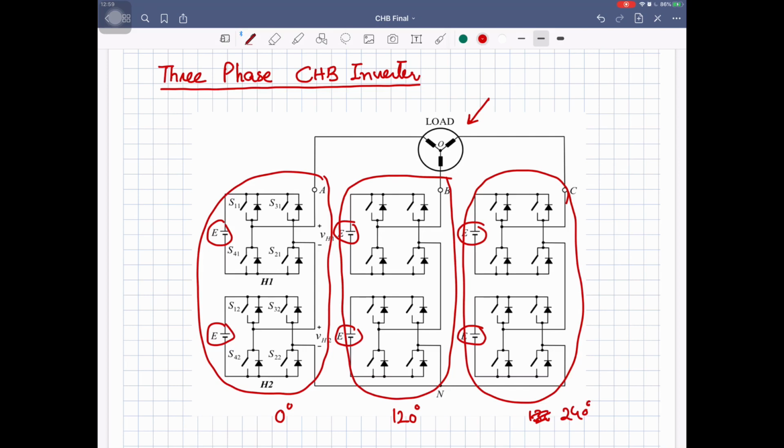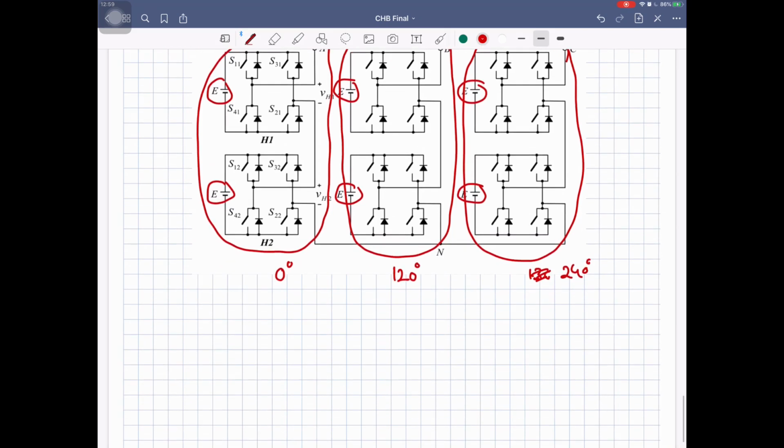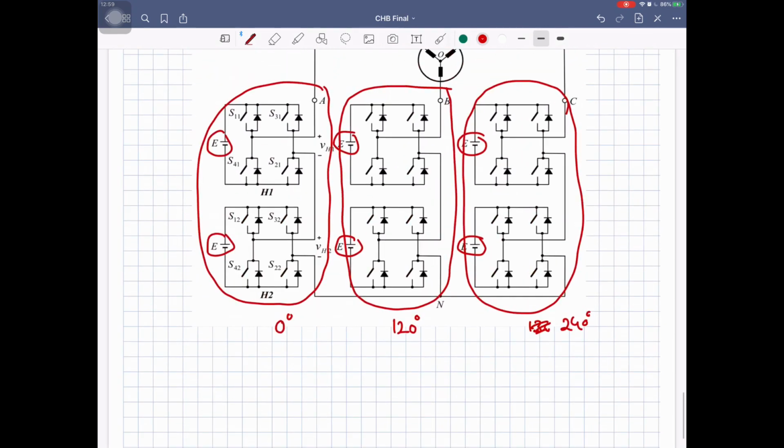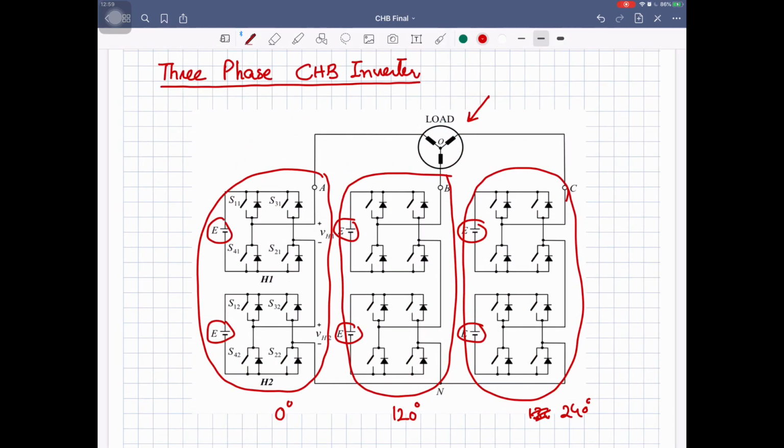So you can get 3-phase voltage waveforms from this circuit, and you can construct output voltage levels according to your requirement, and for that you can adjust the number of H bridges. So what we have done in this video, we have discussed H bridge inverters, and we have seen how we can use these H bridge inverters to construct multiple levels in the output voltage of your inverter to improve the quality.